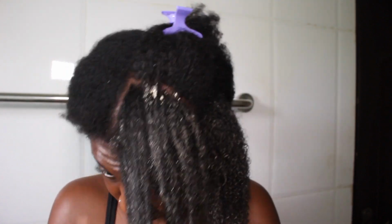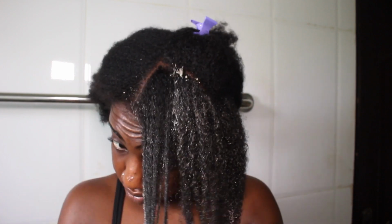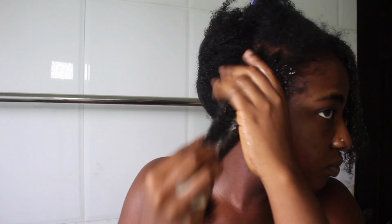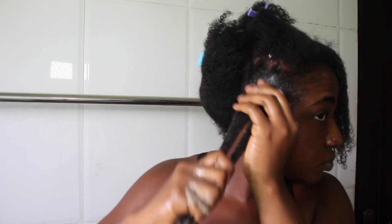in this deep conditioner. As you can see, I'm applying the deep conditioner from the roots to the ends of my hair like so. You want to get it on your ends, especially because that's the oldest part of your hair and it needs the most love. Just applying